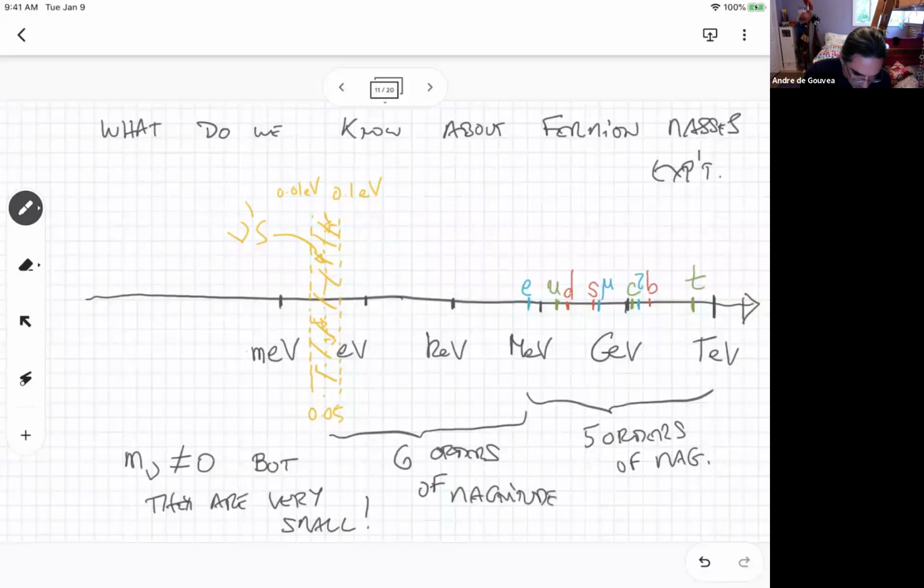And one thing that jumps out at people is if you look at the mass space between the electron and the top quark, you have all these other particles in the middle here, which is kind of nice. That means if you're doing experiments and you're raising your center of mass energy, every once in a while you get to discover a new particle. So life was very exciting in the 50s and the 60s and the 70s and the 80s. In the 90s, because it took us a while to get to the top quark. On the other hand,